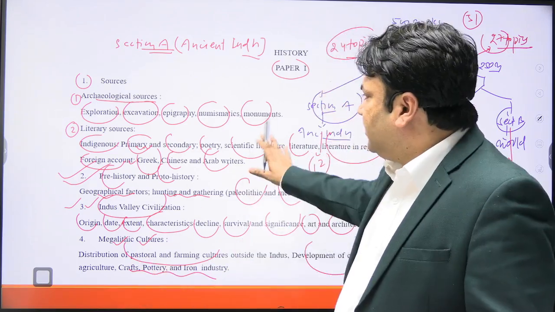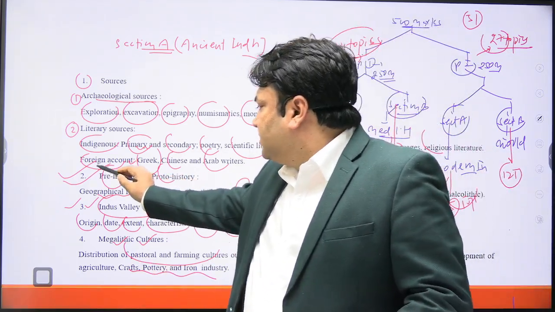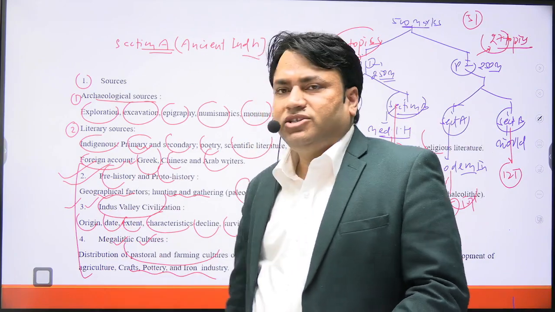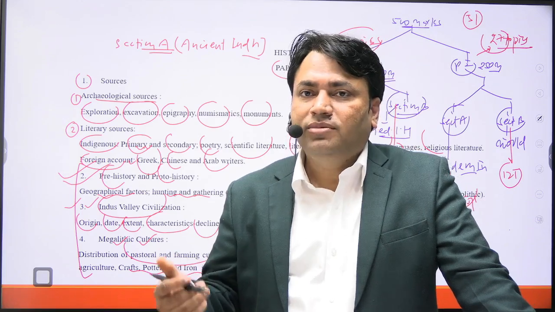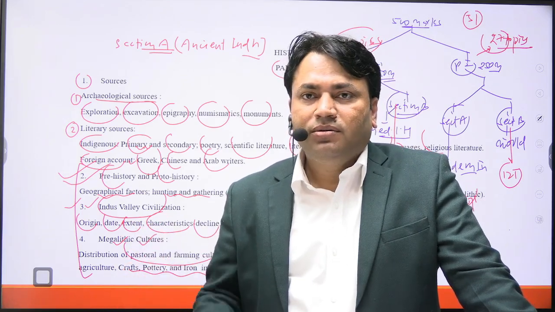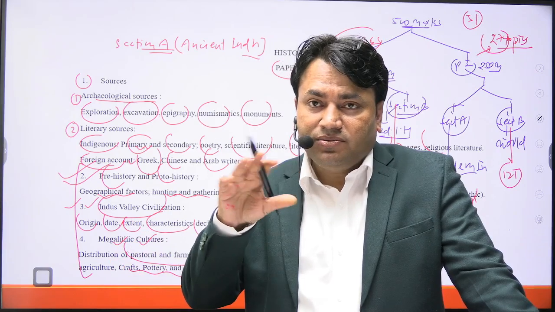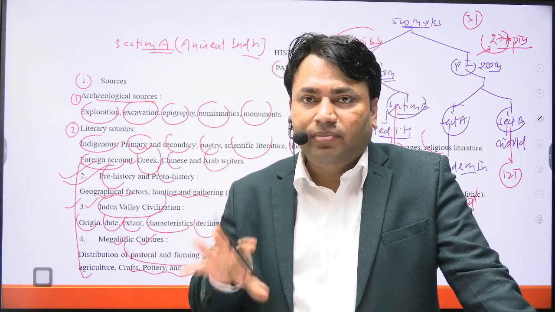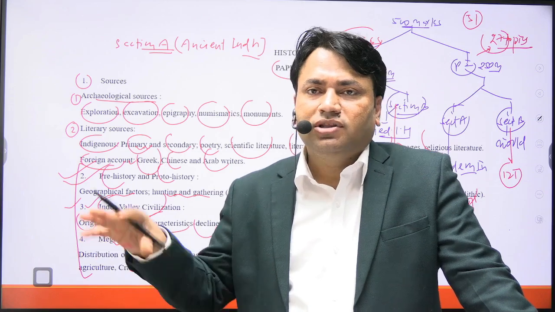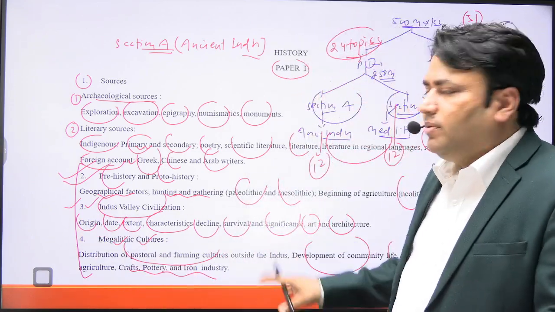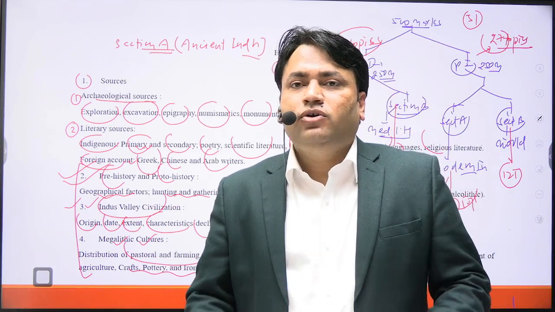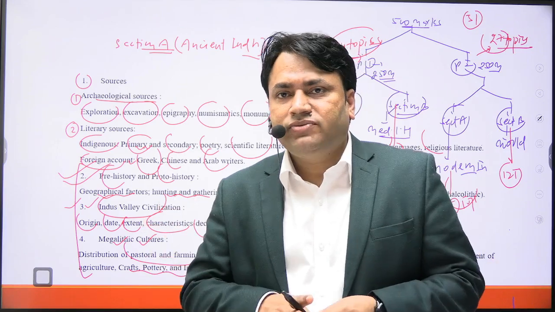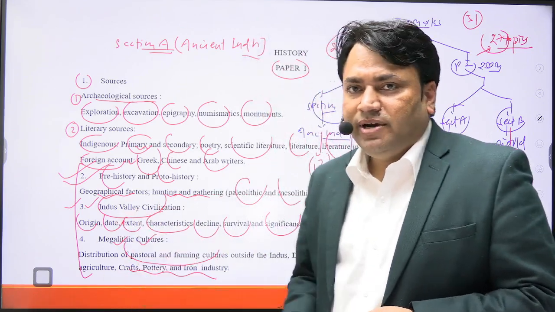This entire chapter, basically prehistory, proto-history, Indus Valley civilization, megalithic culture, these chapters are very much important from the mapping perspective. There is, in paper 1 there is a question that is related to mapping that I will discuss later. So for that chapter, these are very much important. So while discussing these chapters, we need to focus on the particular areas where these cultural settlements existed or